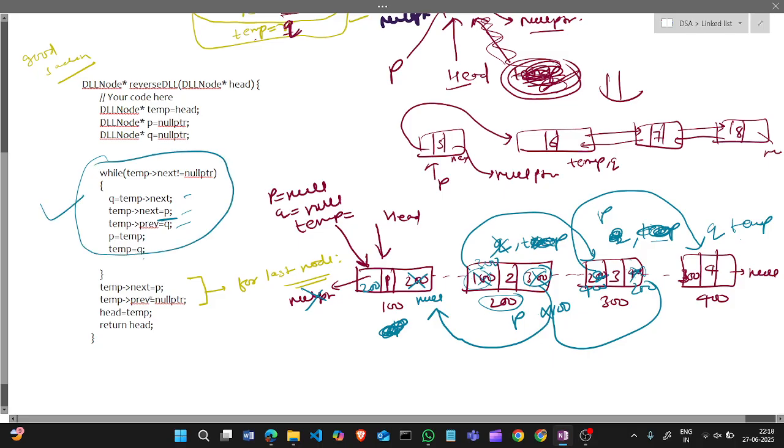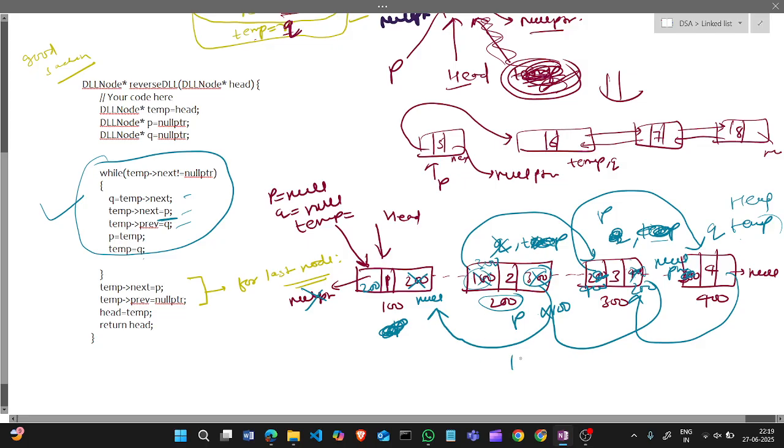So we will come to this and find temp next is p, so its next is p. Last, temp previous is null pointer, so we will make it a null pointer. And head is temp, and return the head.